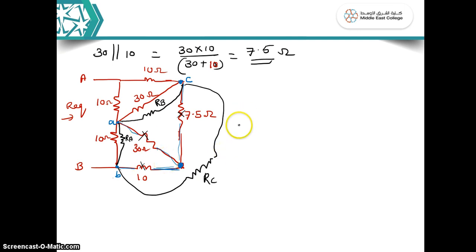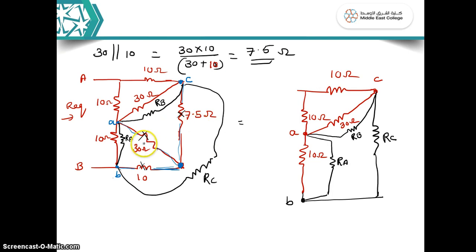So now how will your circuit be? I just replace this one. I'm replacing these 3 Y networks, this and this and this. I'm moving out this resistor and replacing it with the delta network, and I'm redrawing that circuit. So I just removed this 30 ohm and the 7.5 and 10 ohm, and I replaced the circuit with the delta network. The circuit appears like this now. The only thing you need to do now is calculate RA. When you get RA, this and this are parallel. Calculate RB, these two will become parallel. Then calculate RC. So this many things you have to do now.